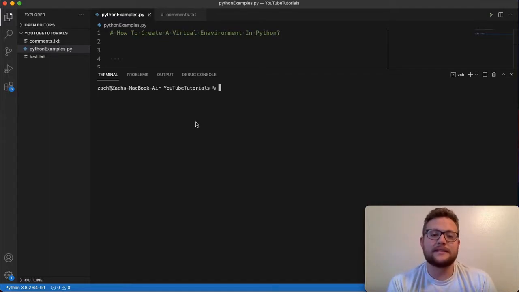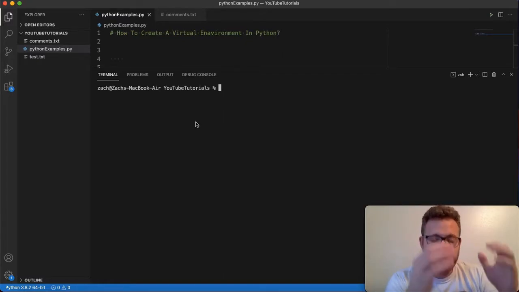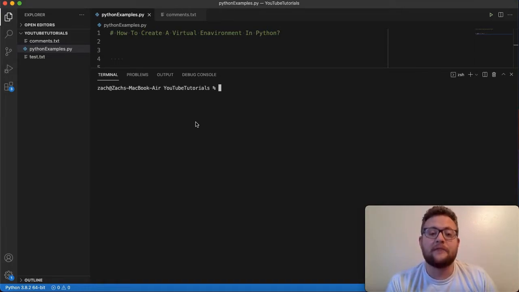And what I mean by this is a lot of times in Python, you use pip to install certain packages like say NumPy or matplotlib. Those are very common ones if you haven't heard of them yet. But a lot of times as you move in projects, you get to a set version of these packages that you want to use. And if you keep them all in your global Python environment that comes installed when you install Python,